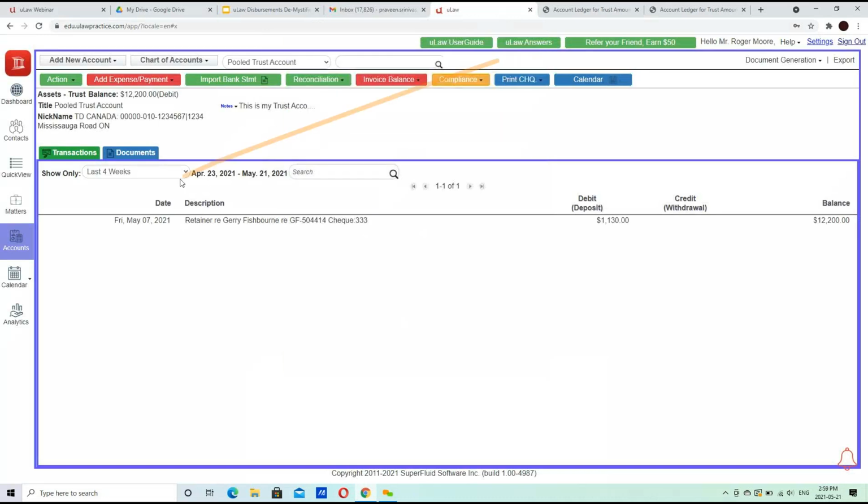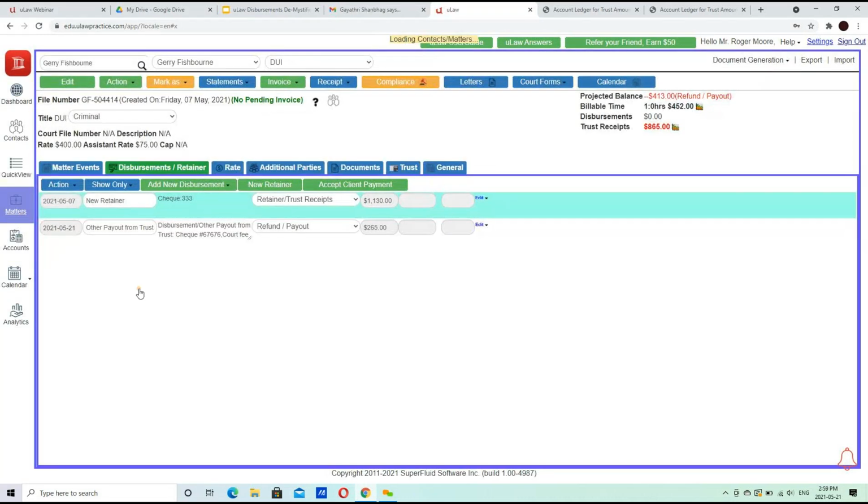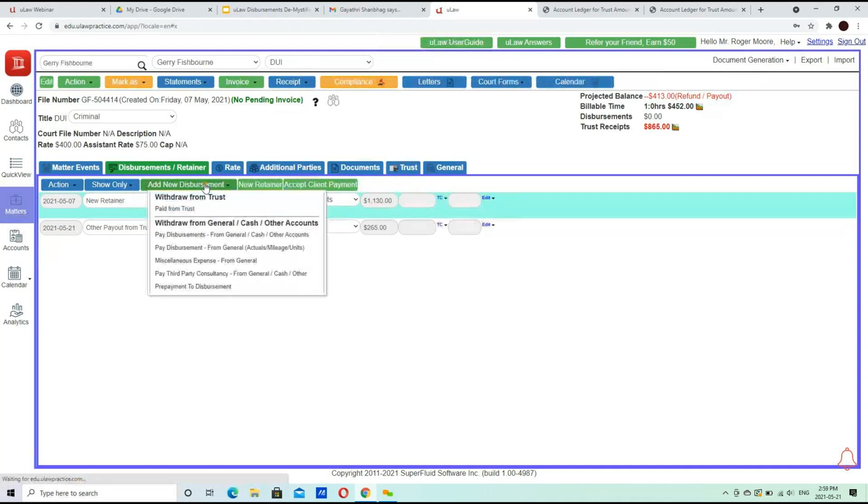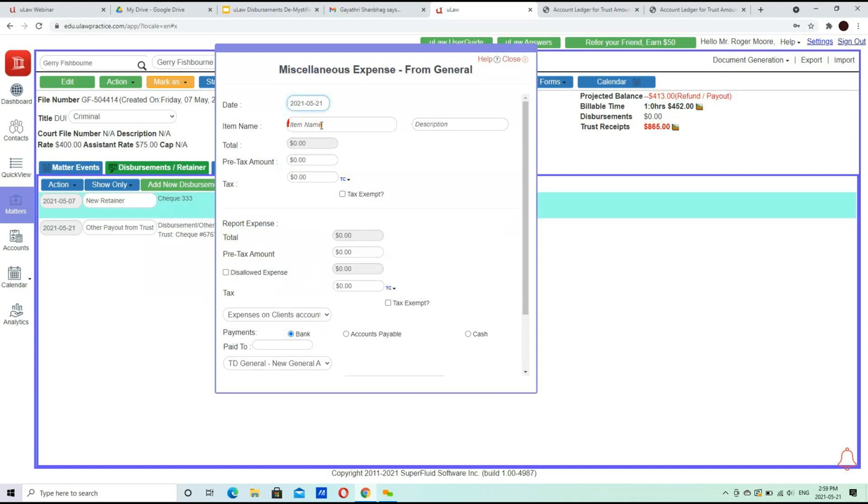Let's use that same Jerry Fishburne. And instead of paying the disbursement, you can see in the matter, you can go in and do your disbursements. And instead of utilizing the trust account, let's say I used my general payment.